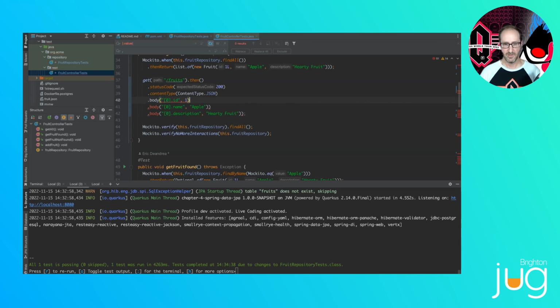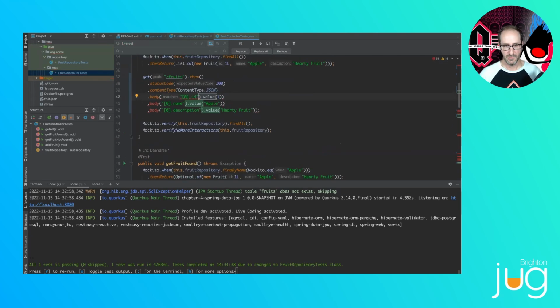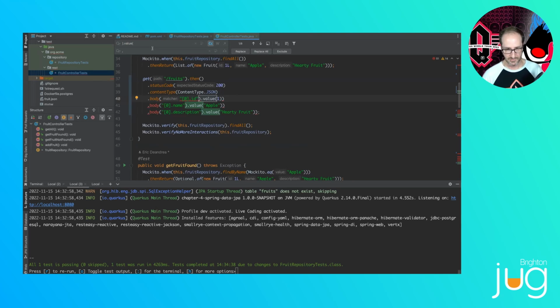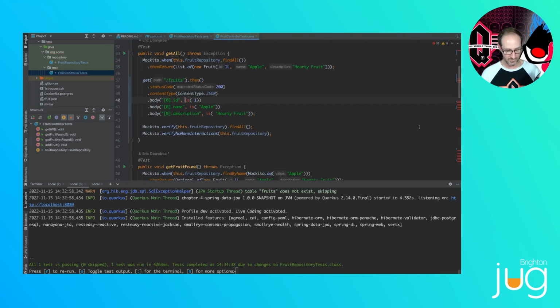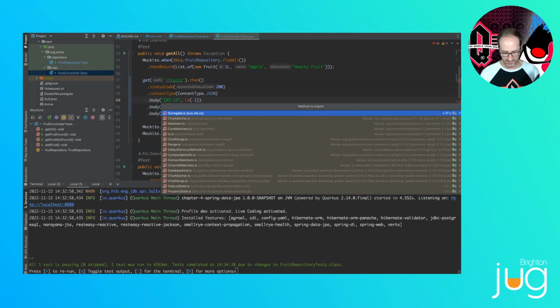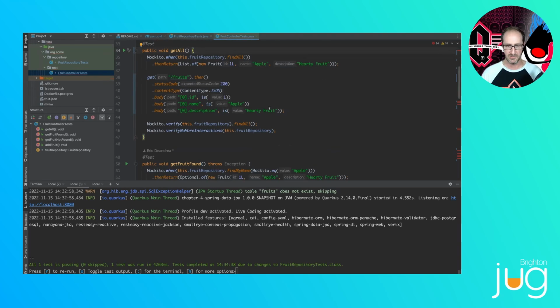And then get rid of that, and get rid of that. Oops, I did one too many things that I shouldn't have. And then we'll call it is. There we go, that's what I forgot. And this little is function comes from the Hamcrest matchers, which is what REST Assured uses under the covers for its matching. So now I can remove that exception,